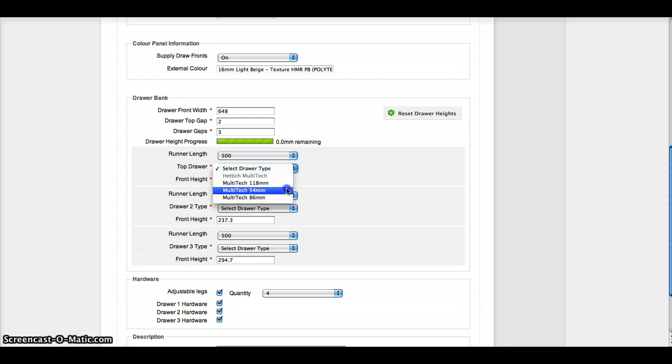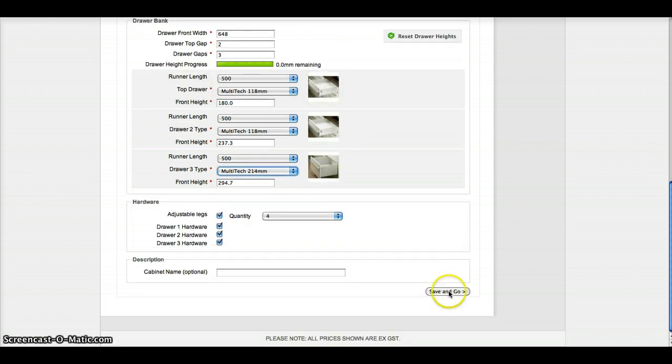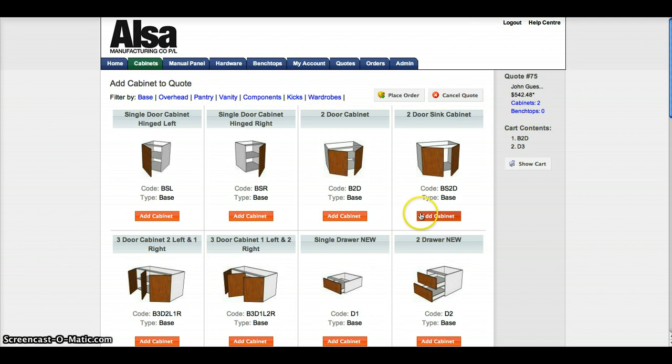We need to select the height of the drawer side. We'll use a 118. The second drawer we'll use a 118, and for the pot drawer at the bottom, we might use a 214. We then save and go, and you see on the right hand side is our quote with 2 cabinets, no benchtop yet. And you can click on show cart, or we would just go and order